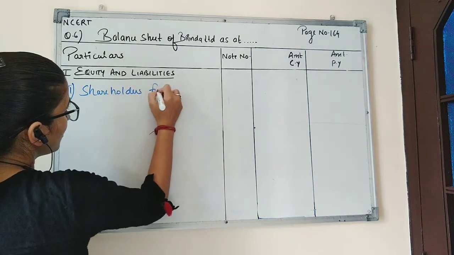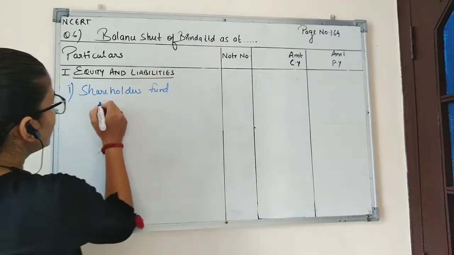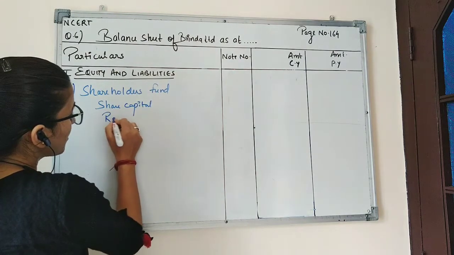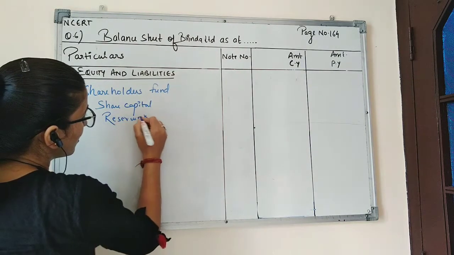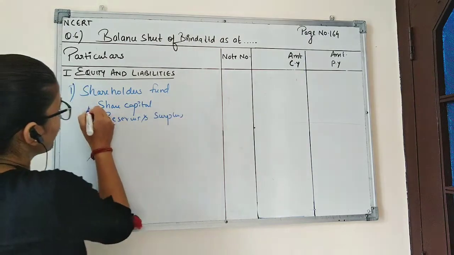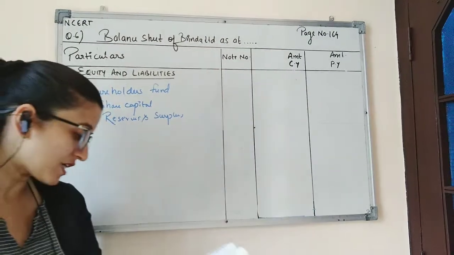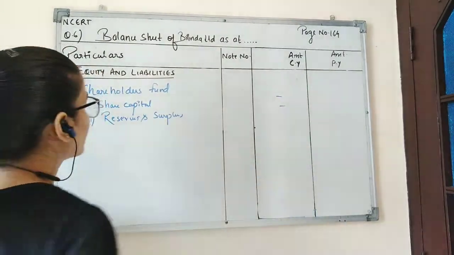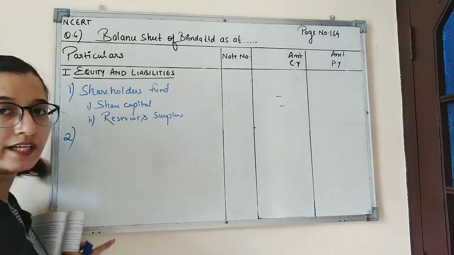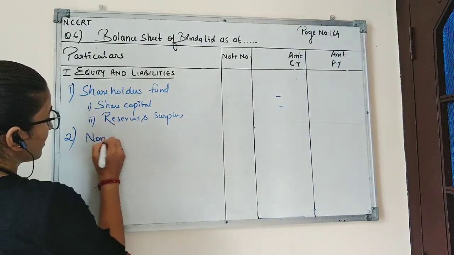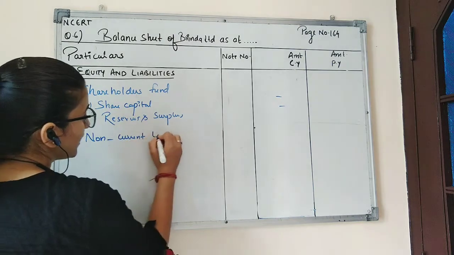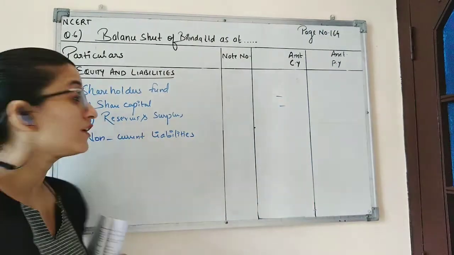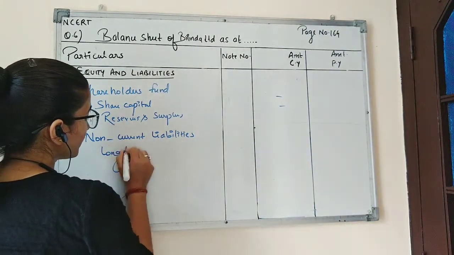Shareholders fund is the first part, and under shareholders fund sub part is share capital and reserves and surplus. So in the question there is no shareholders fund, so we will leave this amount as blank. Now second heading is non-current liabilities. So under non-current liabilities there is long-term borrowings,